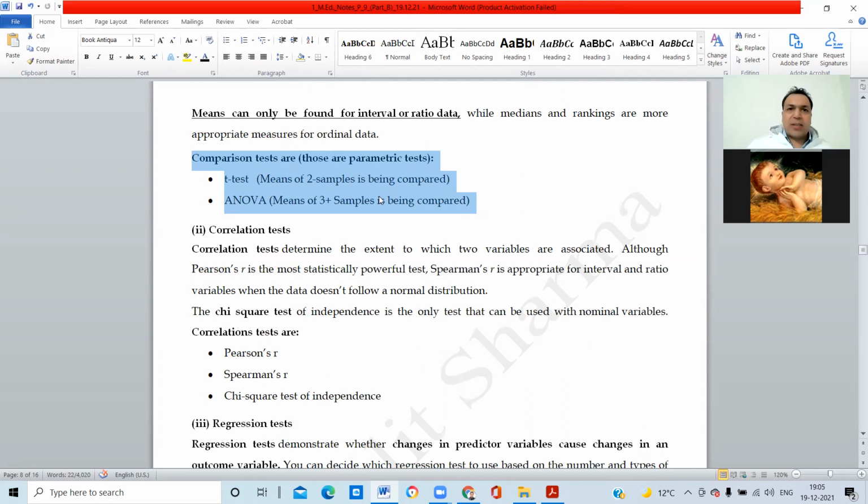What does the t-test do? Don't worry, just understand and listen. Later on I'll revise it so that the concept will be clear to you. What does the t-test do? The t-test is used when the means of two samples are being compared. The t-test is used to compare two samples. For example,